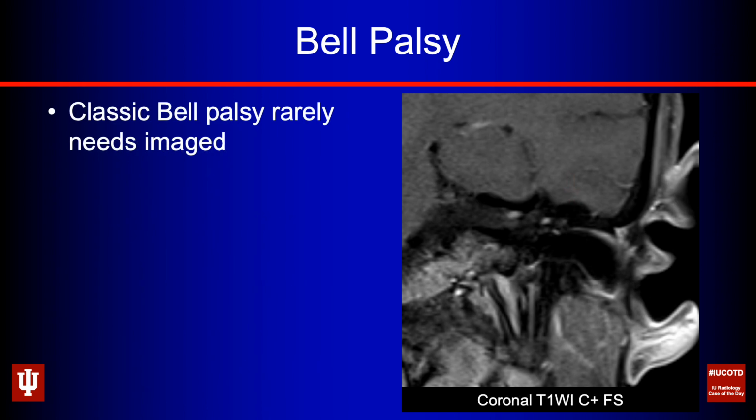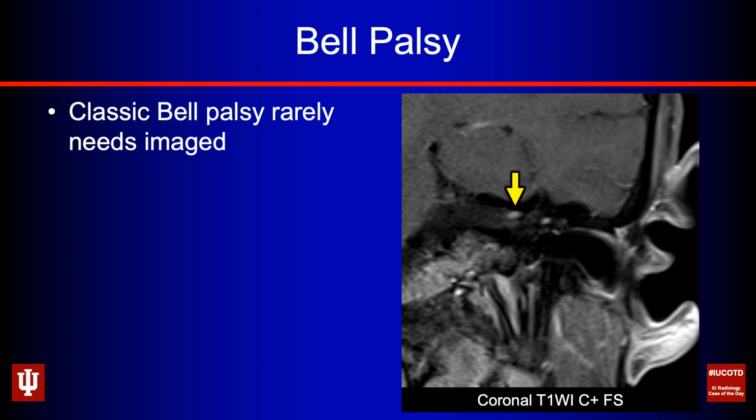But here's the deal. Classic Bell palsy, they say rarely needs imaging. I'm not sure that's really true, and I think the prudent thing is instead that they should get imaged, and they definitely need to get clinically followed up to resolution. So on imaging, we can see this sort of fundal enhancement, this tuft-like enhancement at the fundus of